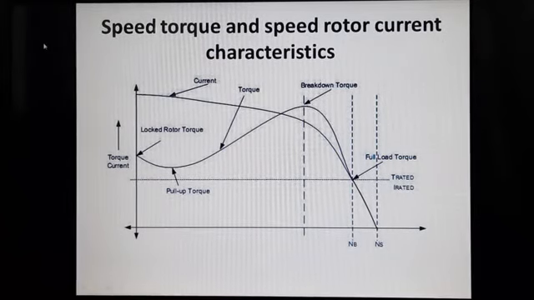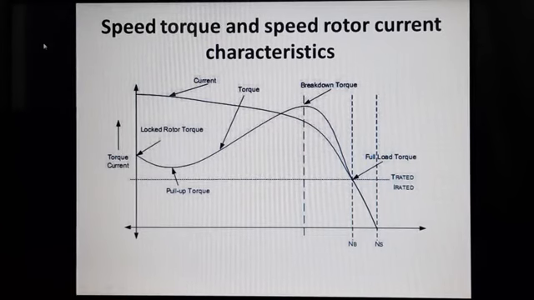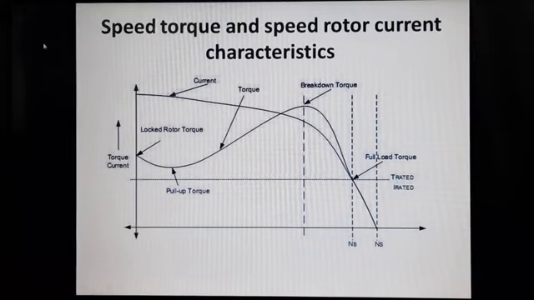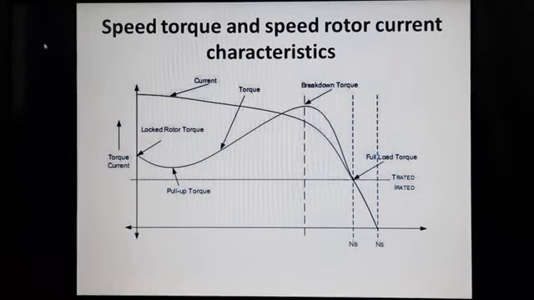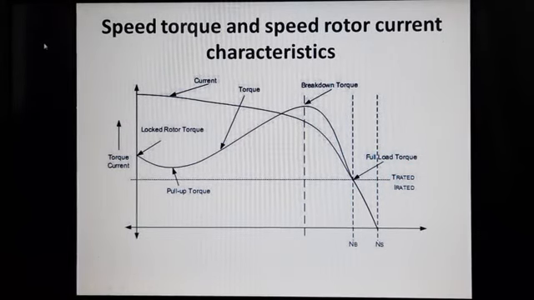That is, there is a term that is s into xr dash the whole square. Even though it is within the root, while considering the magnitude, the denominator term will be square root of rr dash square plus sxr dash the whole square. So even though that sxr dash square term is within the square root which is present in the denominator, it will have some effect when the value of slip is high.